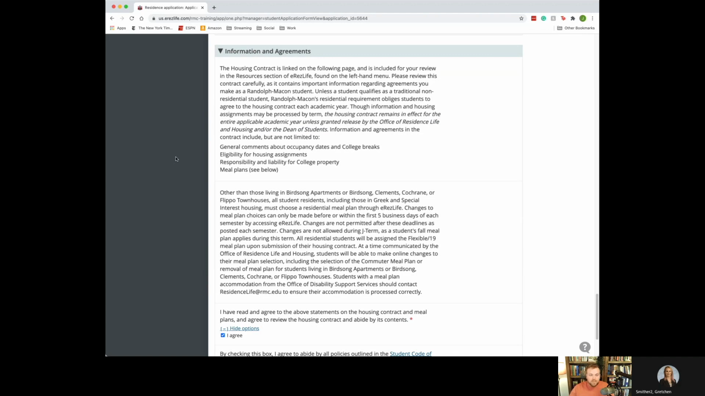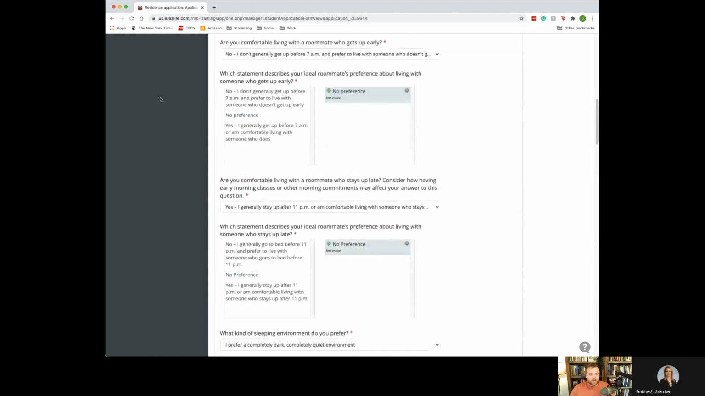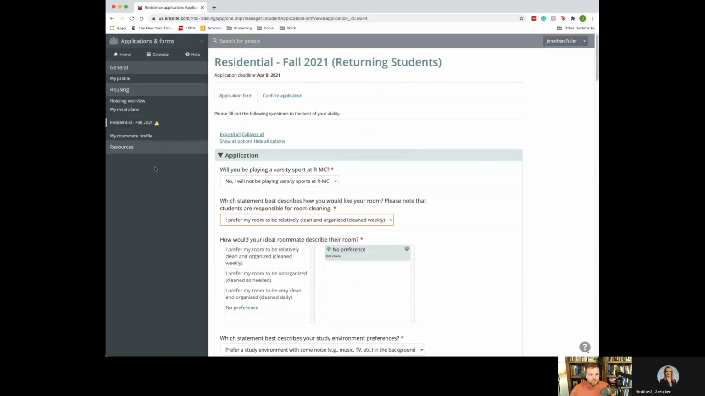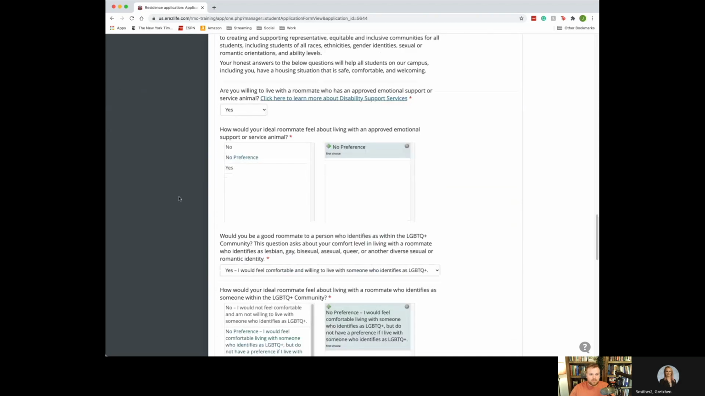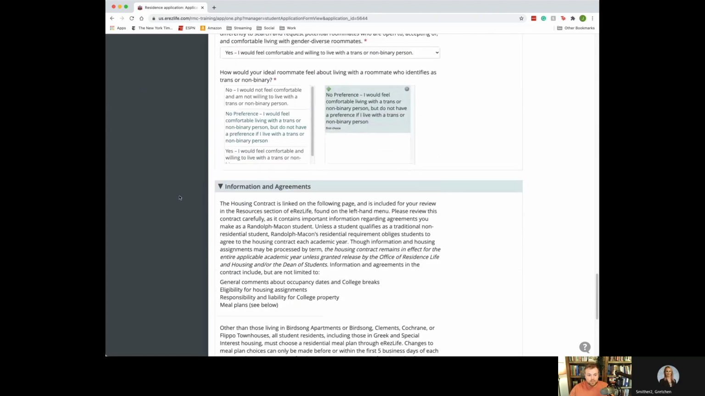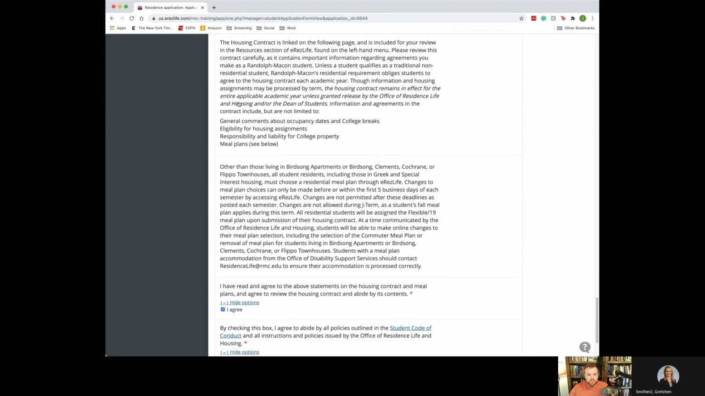At the bottom of the application, we have some information and agreements. We do reference the housing contract. I'll show you where that is on the next page. You can also access it through the resources menu, which if I scroll back up here, you have this resources tab right here. You can access the housing contract through that option in addition to it being built into this application. Some information about that, some information about meal plans here that you want to make sure you're aware of